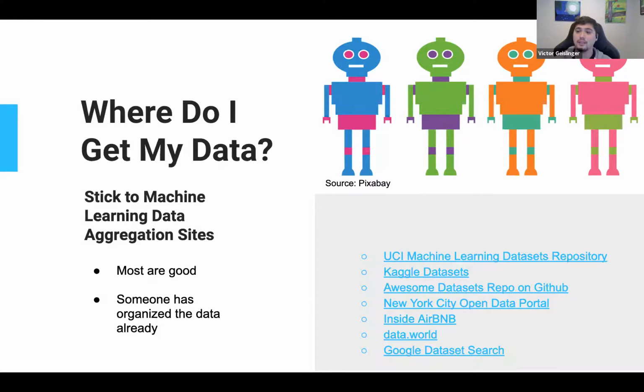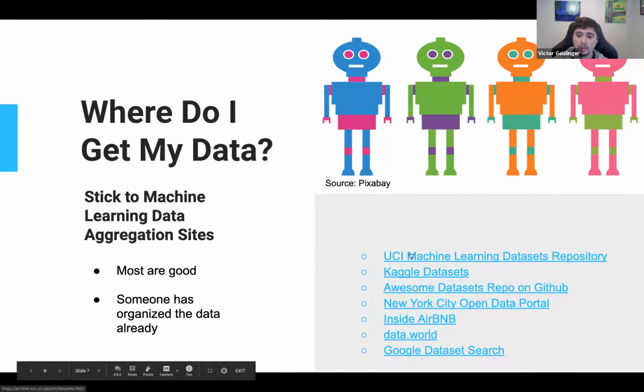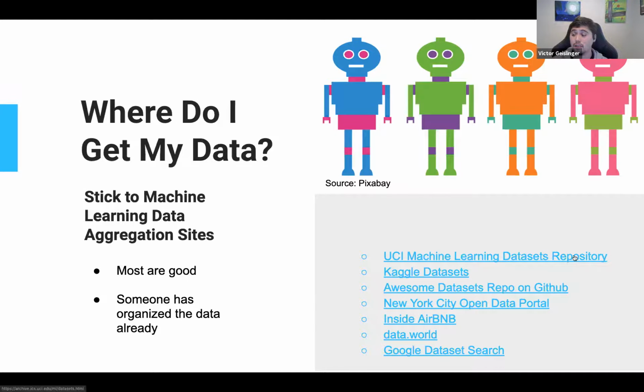And again, in reality, will you always have data that you don't have to clean? Probably not. But to make it a little bit easier for this project, it's nice to have this. So some common places are UCI, UC Irvine's machine learning data set repository. This is a great set of different data sets that are interesting. Note that they tend to be a little bit on the smaller side, so I'd suggest making sure you understand which data sets fall within a decent size. It just makes it easier.